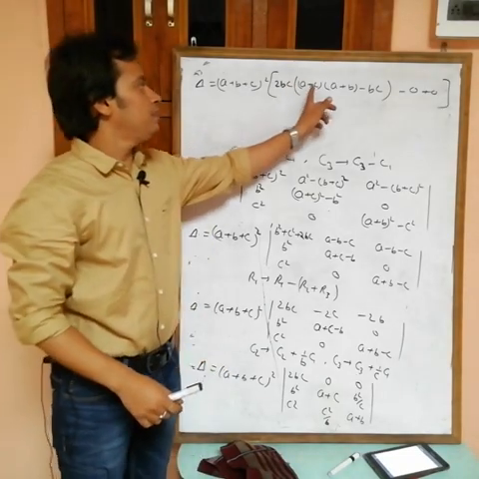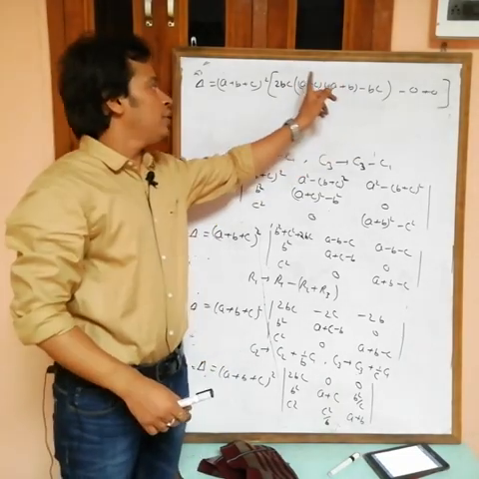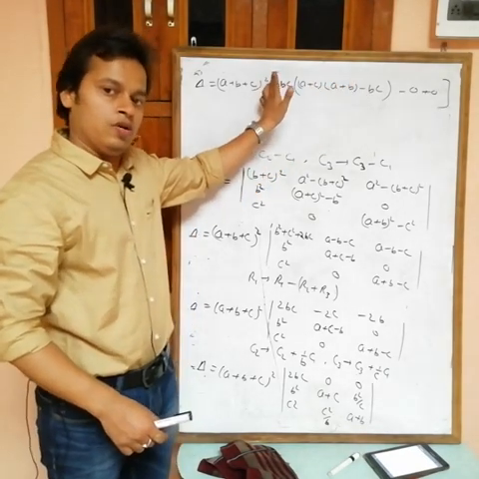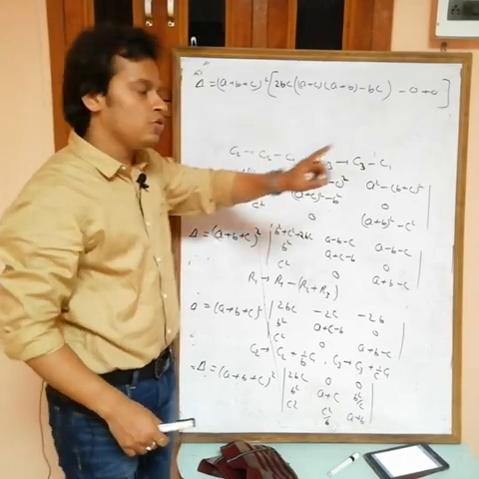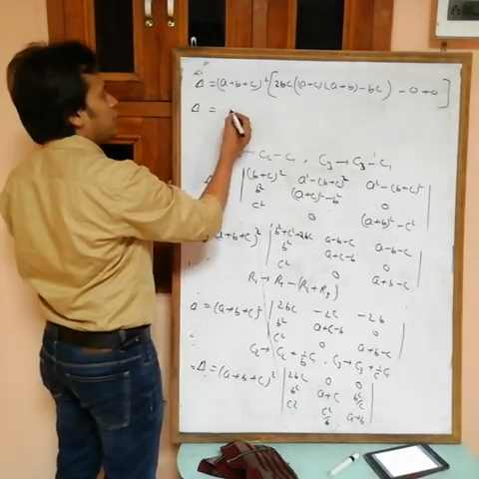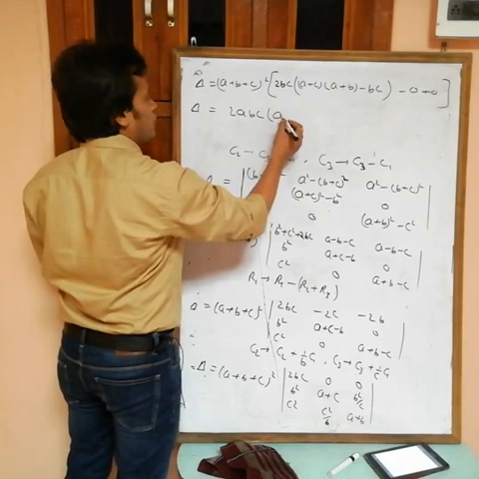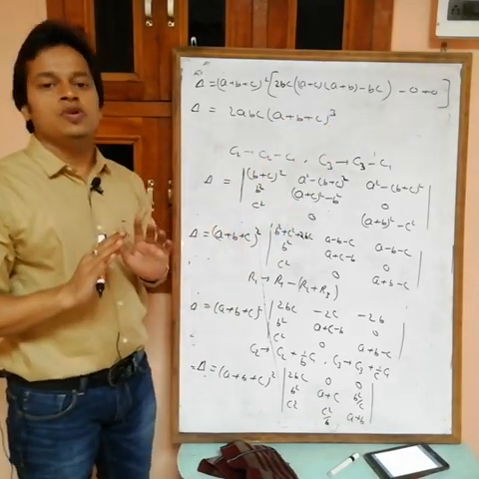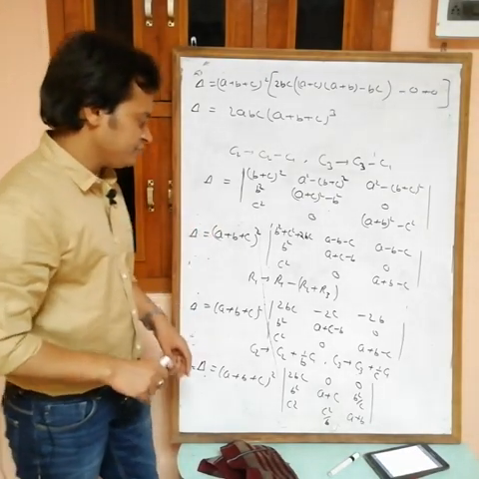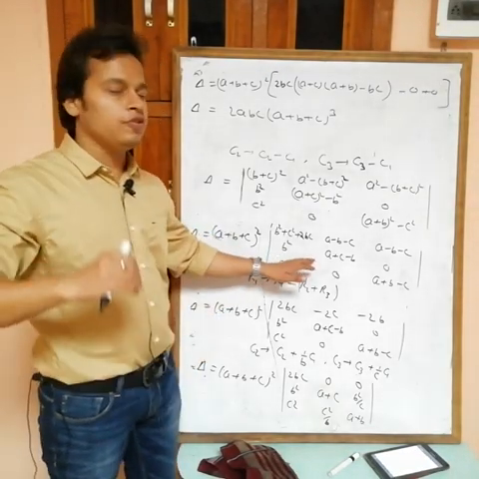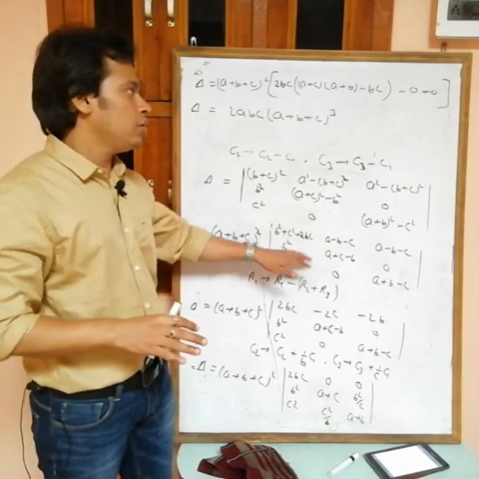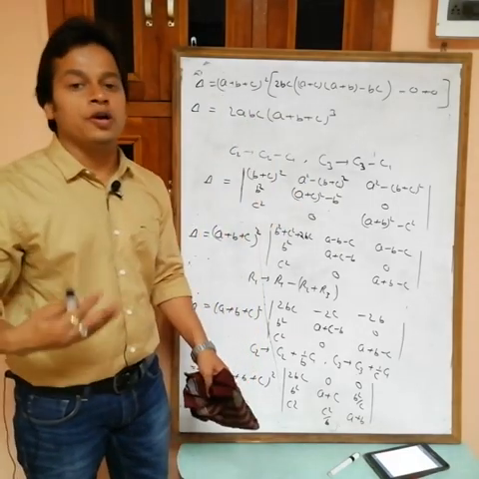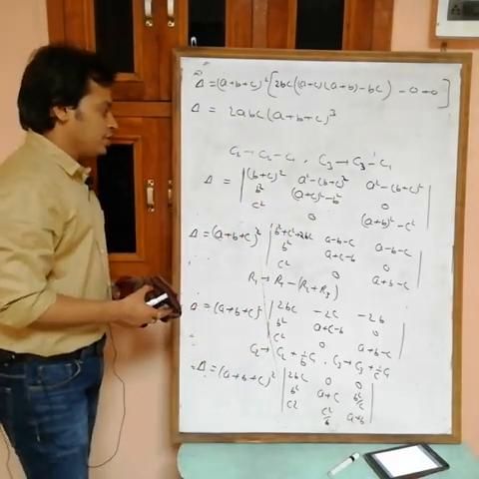Now see, in this one bc will be cancelled out, then remaining is a square plus ab plus ac, take common a, 2abc, a plus b plus c. Okay, so finally you will get 2abc into a plus b plus c whole cube. If you expand at this step, you can't convert that in terms of this one easily. So remember, we have to use properties of determinant. Now can I rough?